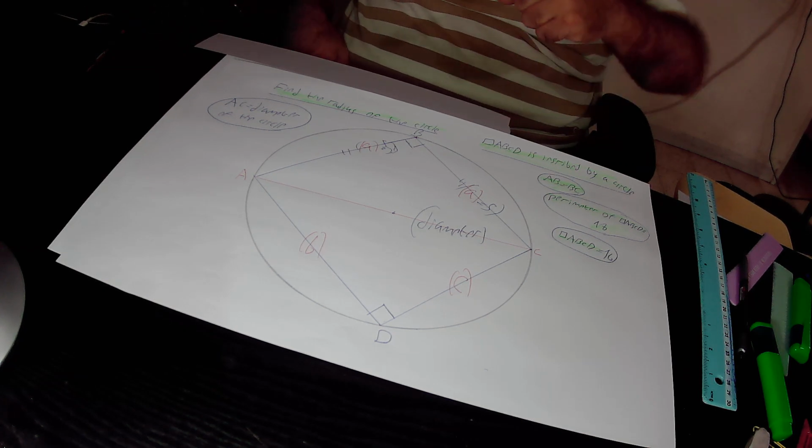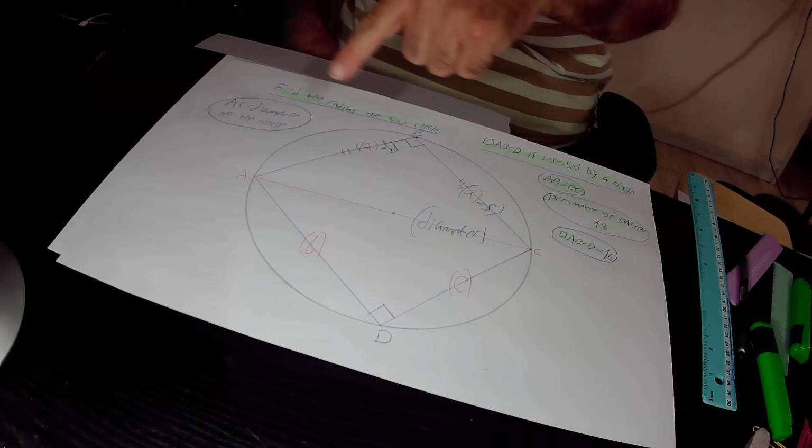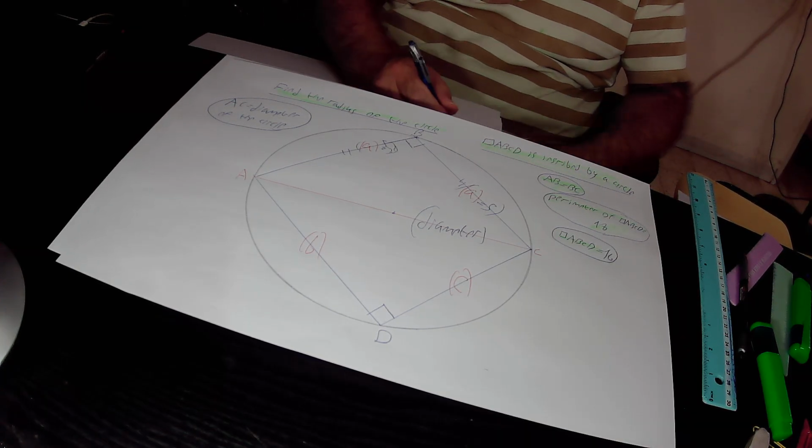According to the Pythagoras theorem, in this right triangle ABC, AC squared, the square of the hypotenuse,